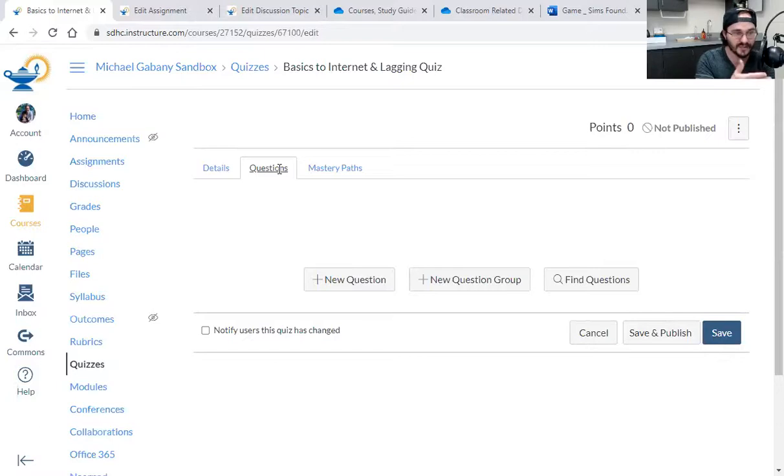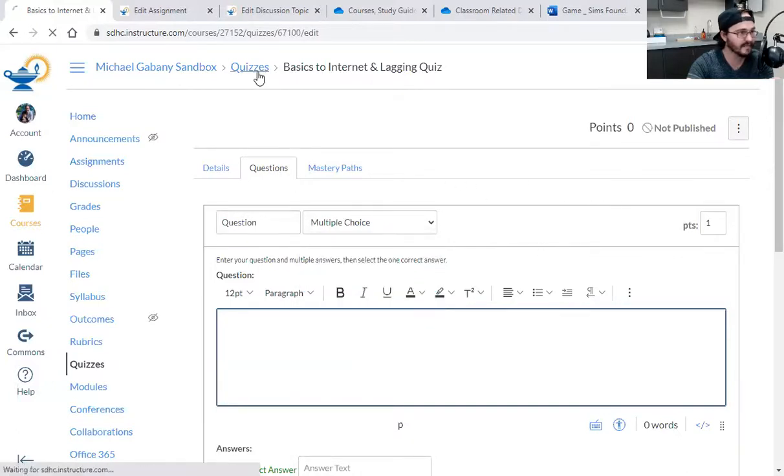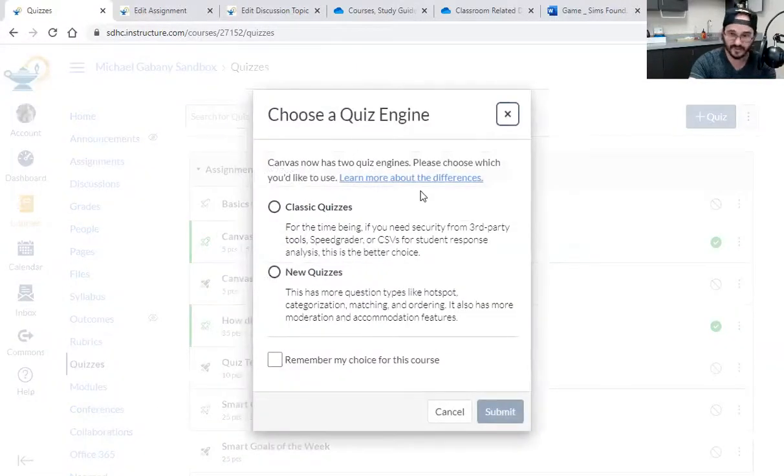The new quizzes have so many options, a ridiculous amount of question types. There's the classic and then there's new quizzes. There's more question types. I want to do the new one.